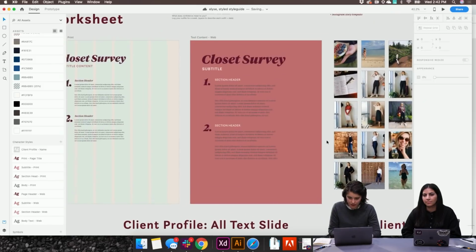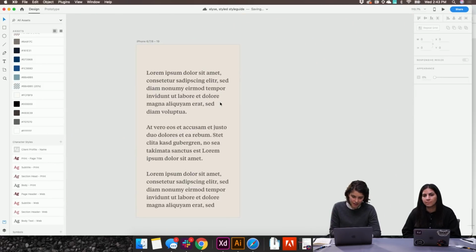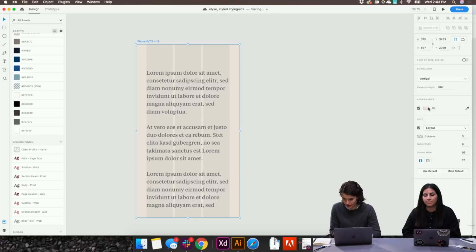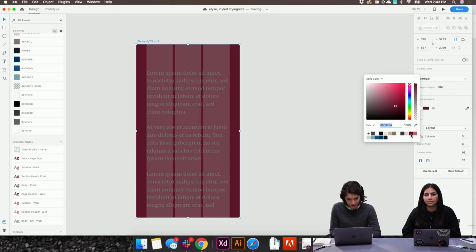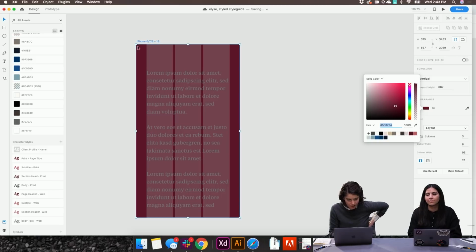One thing I was playing with yesterday was having a really colorful background, and I think that I want to do that. I want to see what a really rich background color looks like.